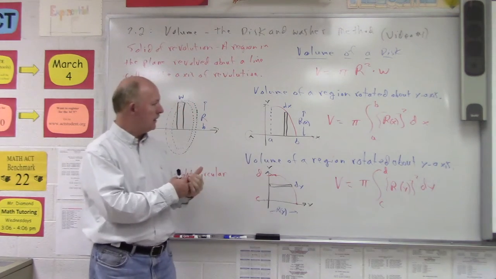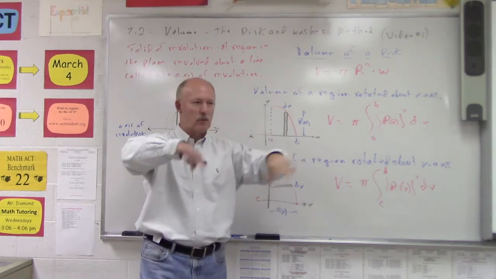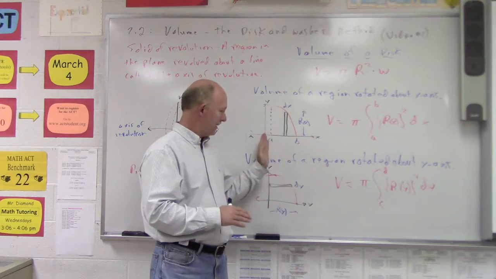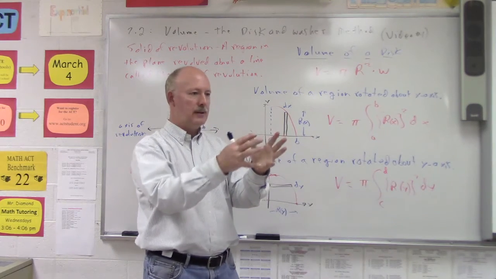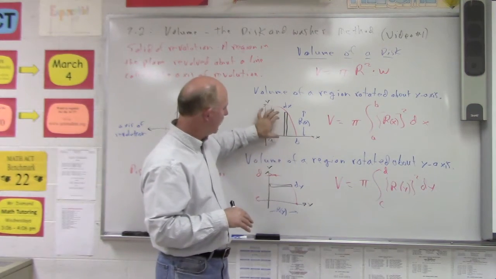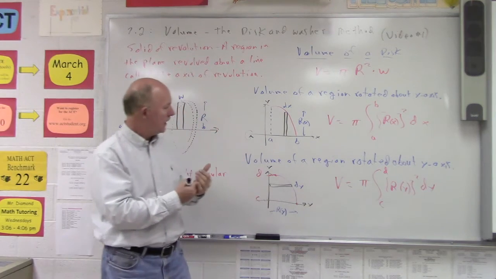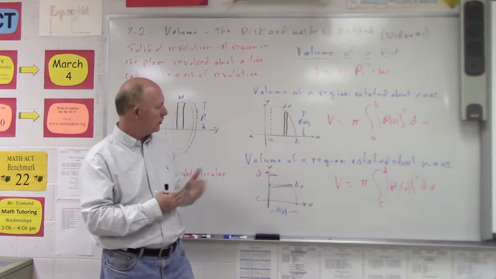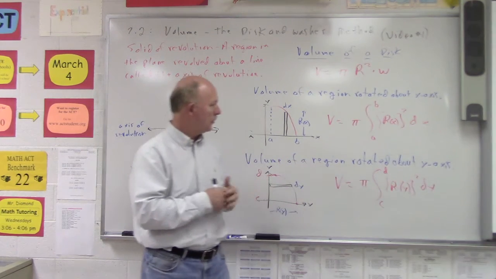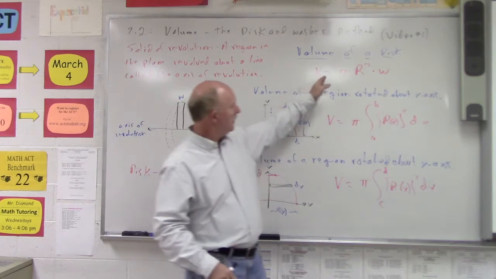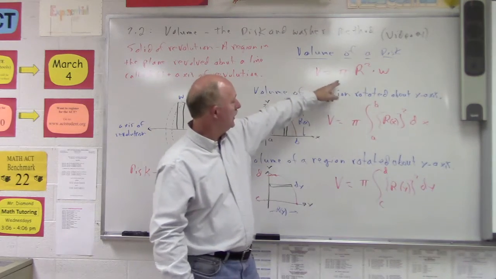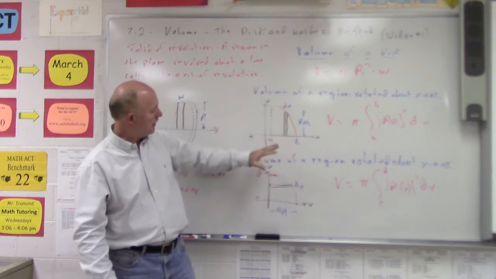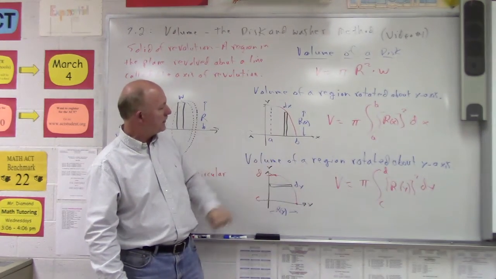What happens in calculus, as you can imagine from left to right, when this is being rotated about the line, you can imagine this representative rectangle moving from left to right. The height of the rectangle, which is the radius of the disc, is going to change from left to right. And this is where the integral comes in as we set up our integral. It's based upon the volume formula for a disc, pi times the radius squared times the width. So to get the volume of this region rotated about the x-axis,